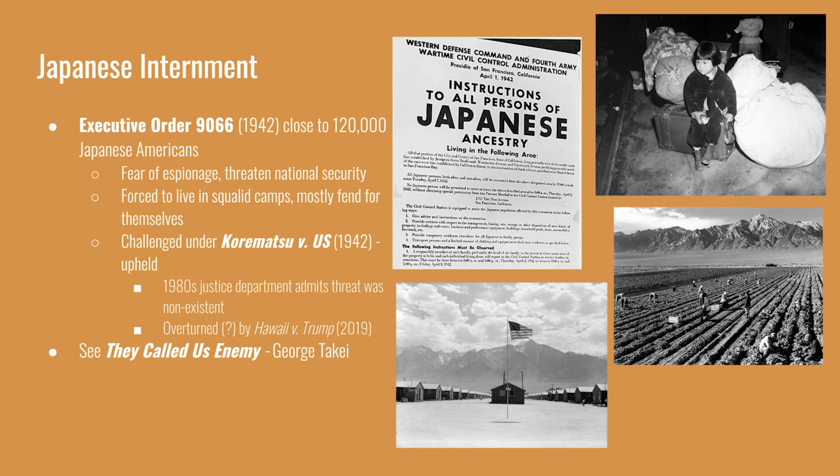Even on the way to the camps, they were treated to inhumane conditions. Japanese Americans were put in temporary housing as they awaited their transportation to the camps. Santa Anita Racetrack in Southern California was used as one of these temporary housing locations, and people literally had to sleep inside of the horse stalls before going to the camp.